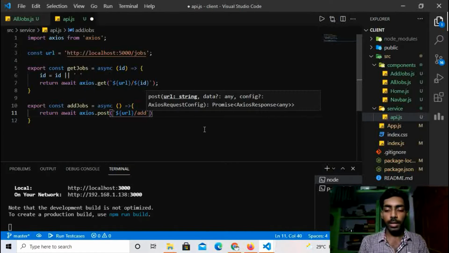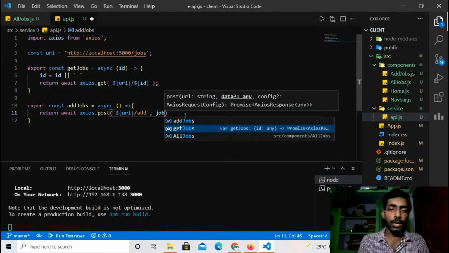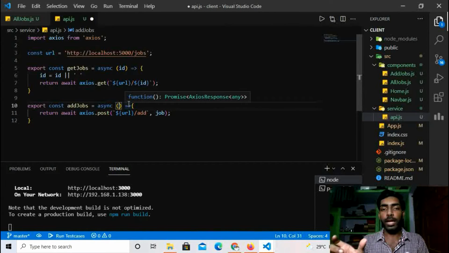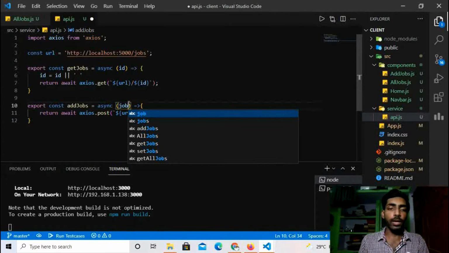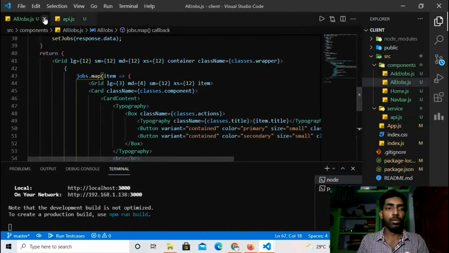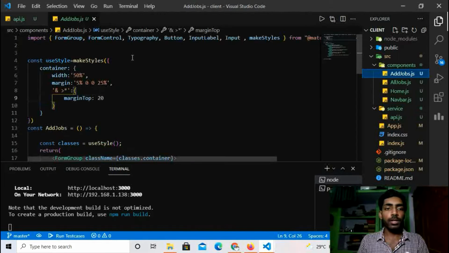That's it, I think. I'll also need one variable that I'm going to post to the database, and that is the job that I'm getting from the request.body that I made earlier in the backend part, right? So I'll pass the job here as a variable. That's it for the API.js, and now I'll go to the add job.js